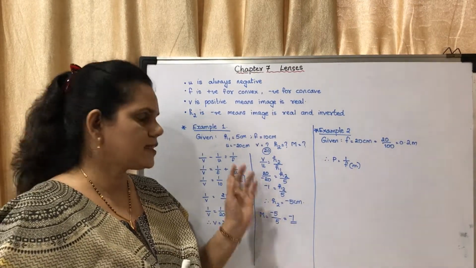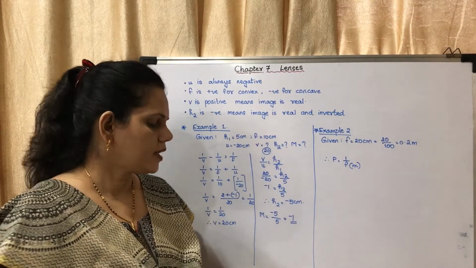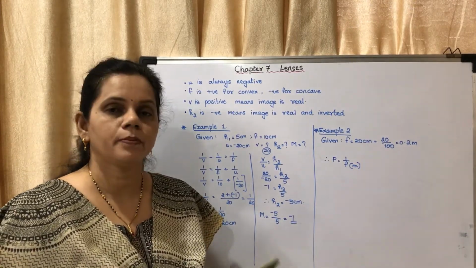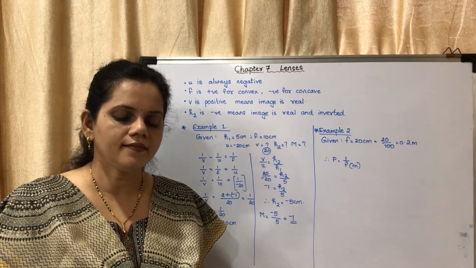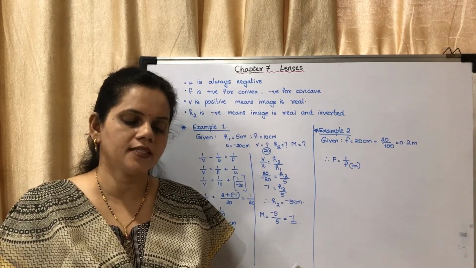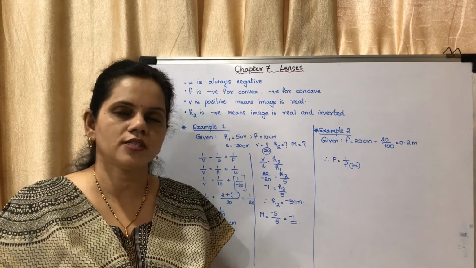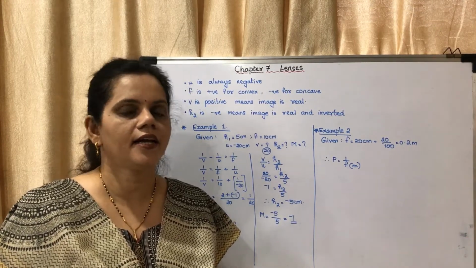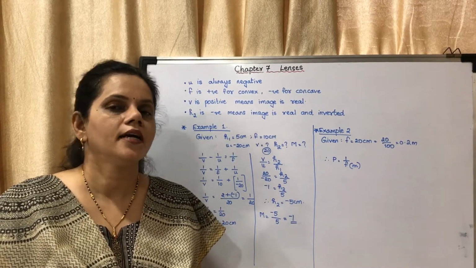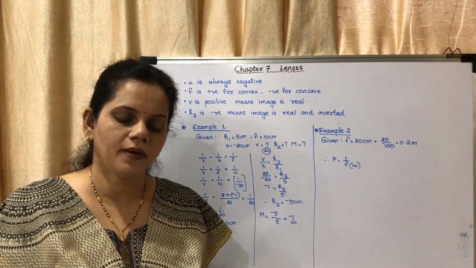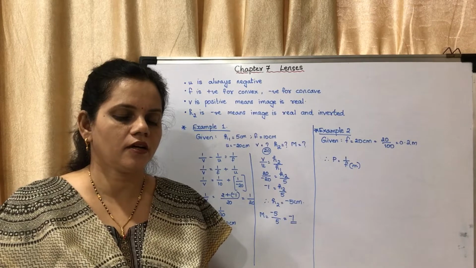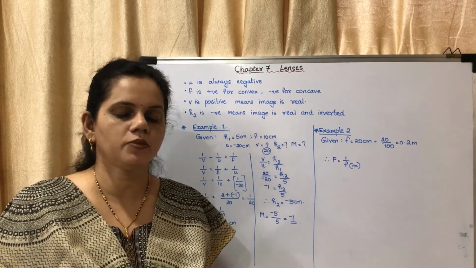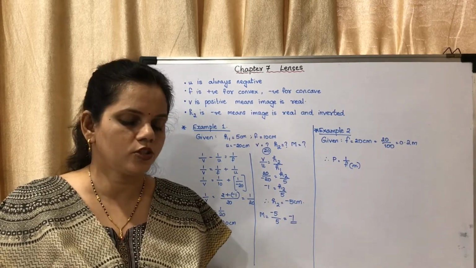So this is the first numerical. Now the second one, you may see before that what has been given in that answer. The negative sign of the height of the image and magnification shows that the image is inverted and real. You may underline that. It could be asked as a fill in the blank also. It is below the principal axis and is of the same size as that of the object.